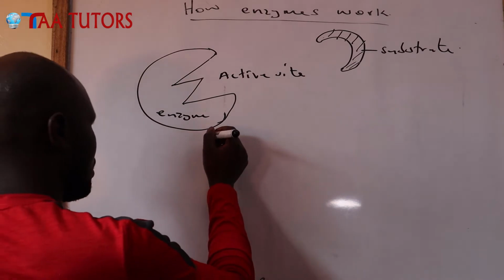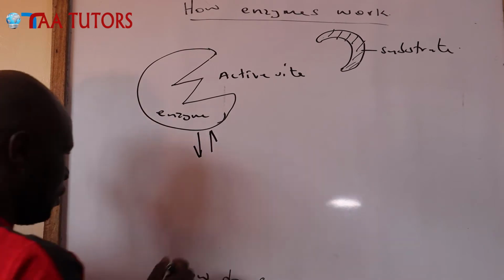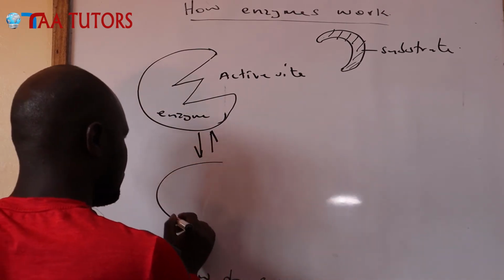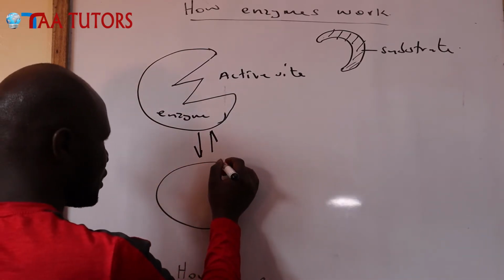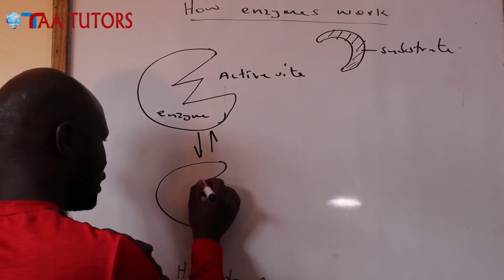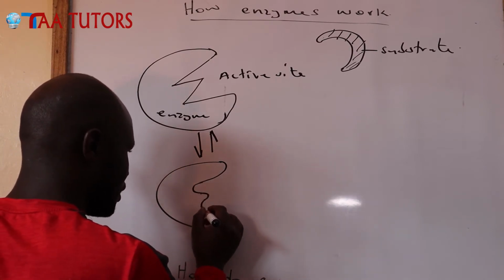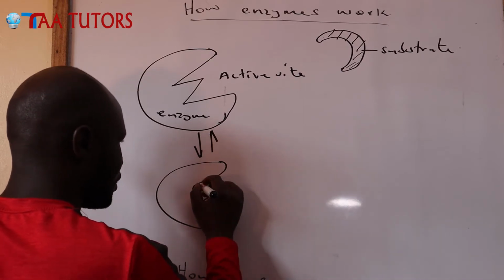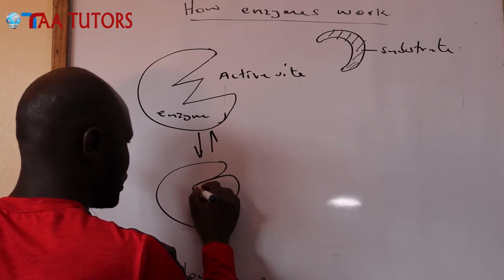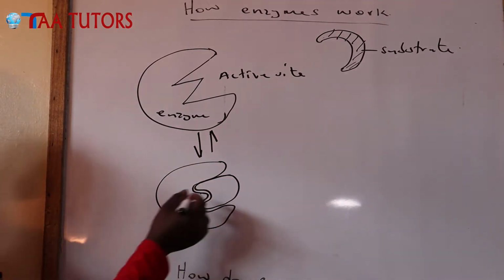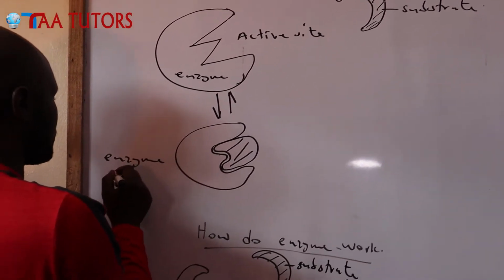So suppose they now form an enzyme substrate complex. What will I have? Excuse me. This is what we'll be having. You will notice that the enzyme's appearance is still there, and then there is that adjustment, so that the sharpness that we were seeing is not there. You can see the substrate is being accommodated in that manner. So this is now the enzyme. We are getting the enzyme substrate